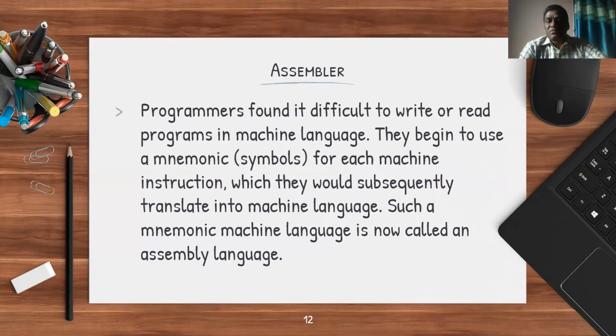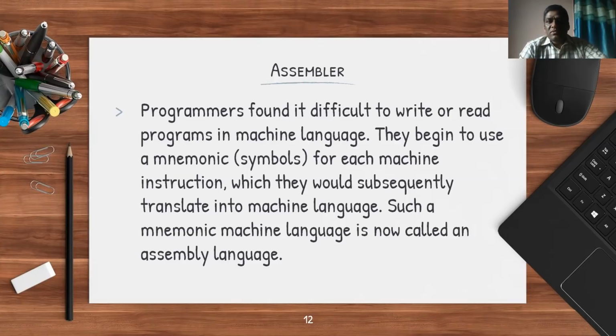Mnemonics are special commands or symbols. For example, for adding 2 numbers, there is a command called add followed by the 2 numbers. So instead of writing everything in zeros and ones, programmers wrote programs using mnemonics, some sort of commands.